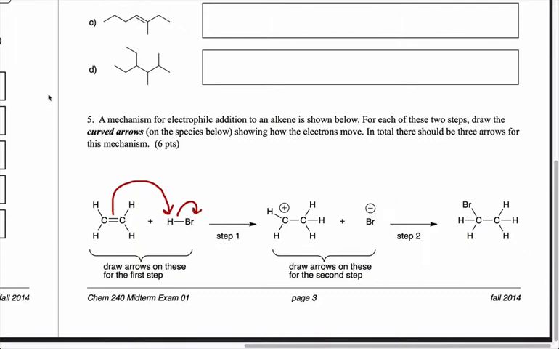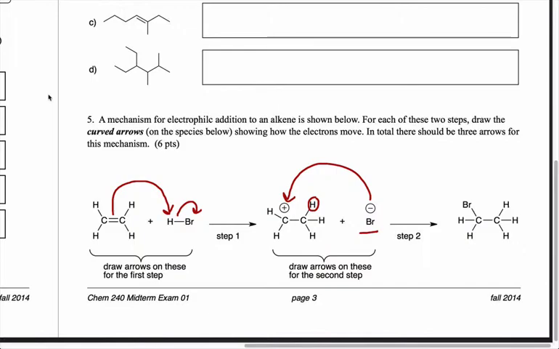That gives us addition of a hydrogen to one side of the double bond, leaving the other side with a carbocation, and the Br with the electrons from the HBr bond. Okay. In a second step, the third arrow necessary to describe this reaction is the bromide adding to the plus charge and forming a bond. So it's the electrons from the bromine flowing towards the plus charge. So that's all we were looking for in this problem, was to show how these electrons flow and which bonds are